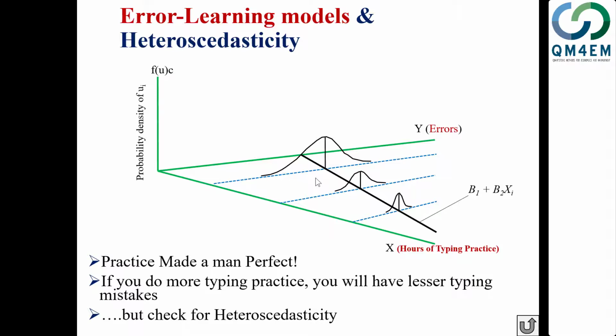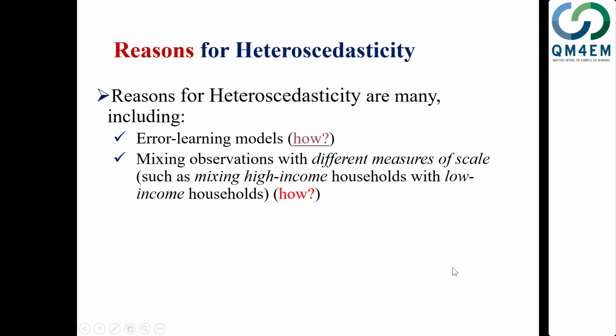The second one is mixing observations with different measures of scale, such as mixing high income households with low income households. Now, when we were looking into the basic concept of heteroscedasticity, we saw that we combine different kinds of households in the same data. We saw three levels of income: the low level of income, middle level of income, and the higher level of income. And we argued that as the income level increases, the